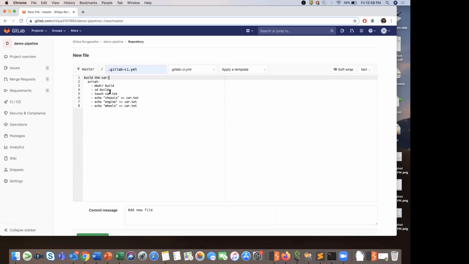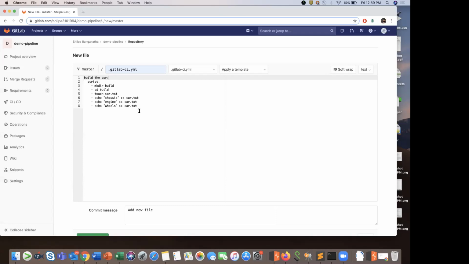So here, for example, let me tell you what I'm going to do in this pipeline. So let's consider a car. Okay, so I am going to consider that my car I am going to build using three parts, or three components. So that is the chassis, the engine, and the wheels. Okay, now I can't actually construct a car here.